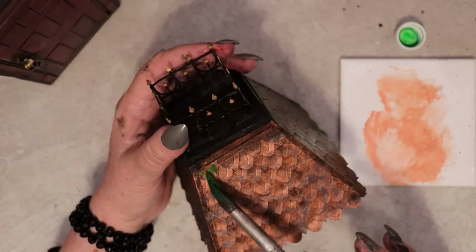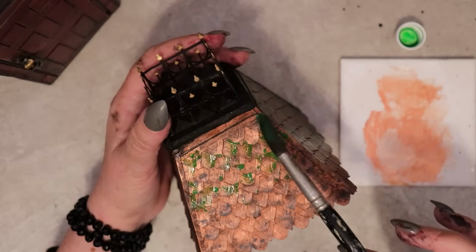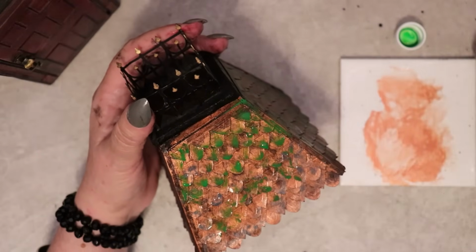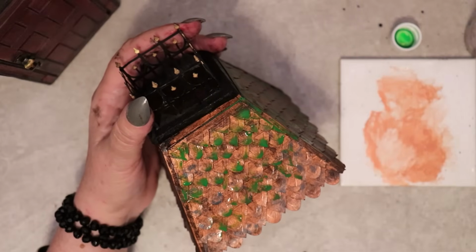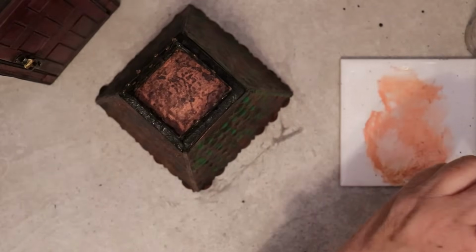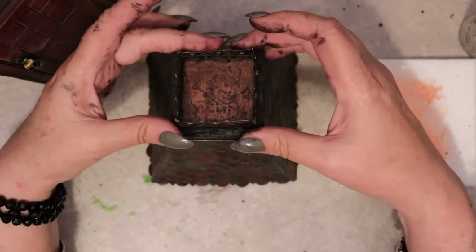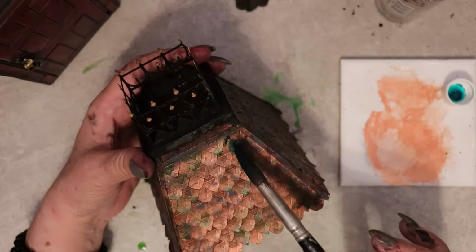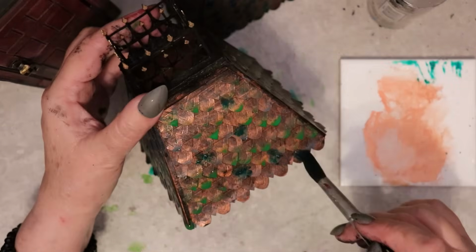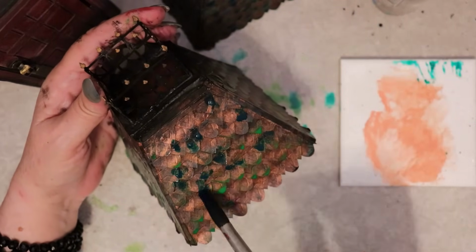To introduce even more color variety and to hopefully attempt to replicate the look of patina in the wild, I'm now using a bright green India ink. Applying it in the same manner you've seen me do several times now, spraying it down and allowing it to pool at the tips of each of the shingles. After this first layer of bright green has had a chance to dry, I'm coming back in with 2 additional shades of India ink. One, a sort of turquoise blue, and one, a very dark green. Each of these gets spritzed down with more water and allowed to pool where it will on the surface of the